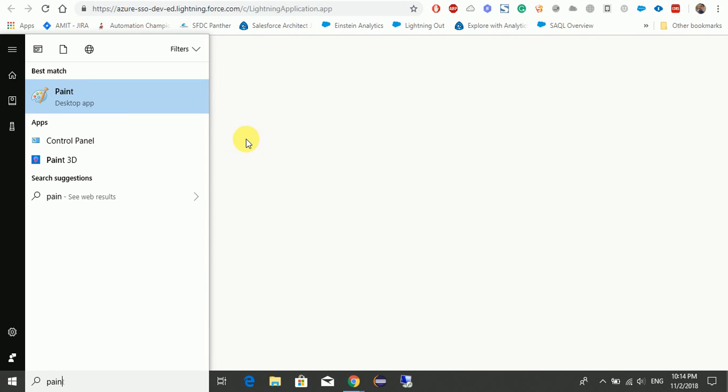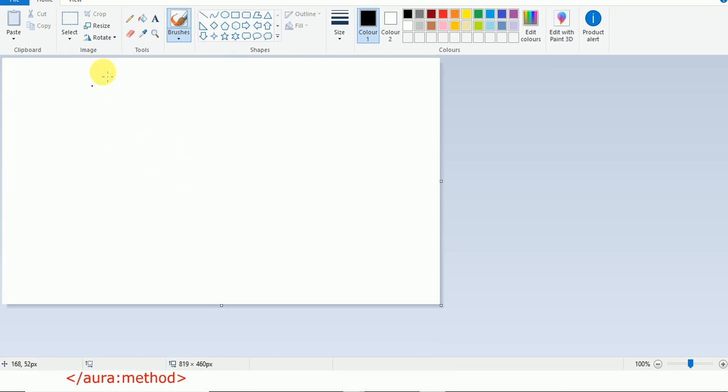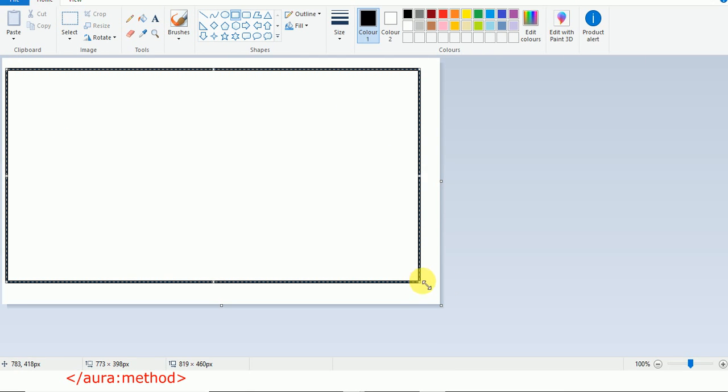And a very simple use case is, for example, there are two components. Let me open Paint. There are three components here. This is the parent one, and then this is the child one, that is in the parent. This is a pick list field. Here you can see this is a pick list.